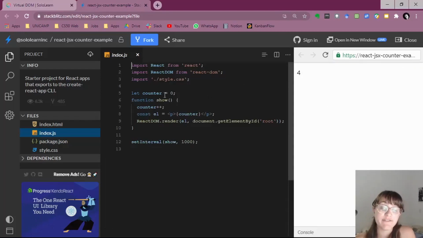So here we have the variable counter that is initialized at 0, and the function is called show, and the idea is to increment the variable counter. So if it's 0, you're going to do +1, so it's 1, and then 1 + 1, 2, and so on and so forth. And then we are going to put this counter variable in a paragraph, and it's going to render this element here in the div. Okay, and this setInterval show with 1000 is to set a period of time that is going to increment this variable called counter. So every 1000 milliseconds, it's going to call the function show and increment this variable. Okay,